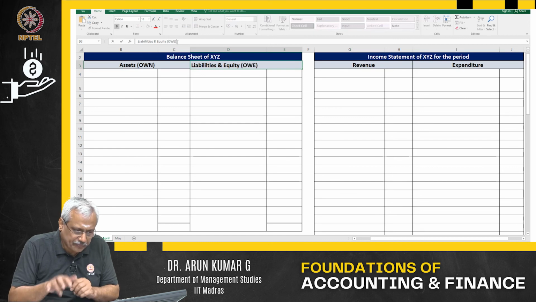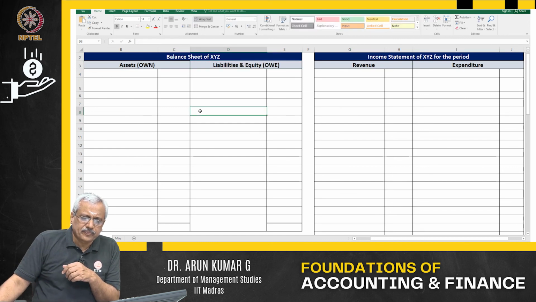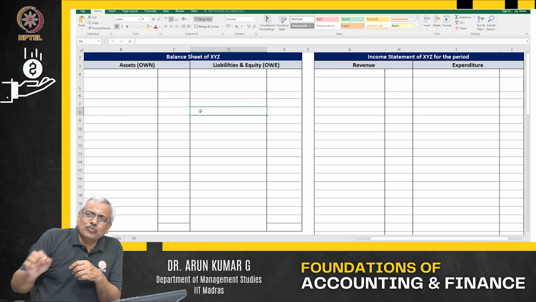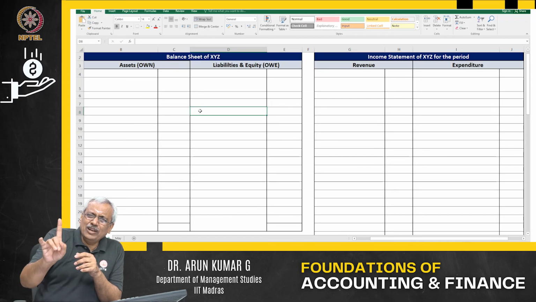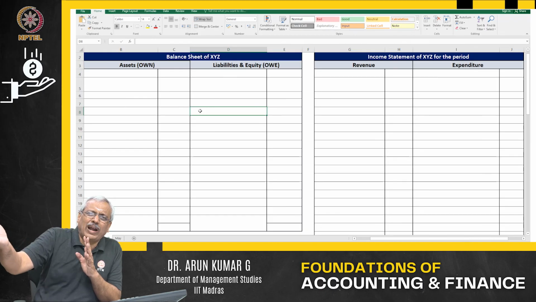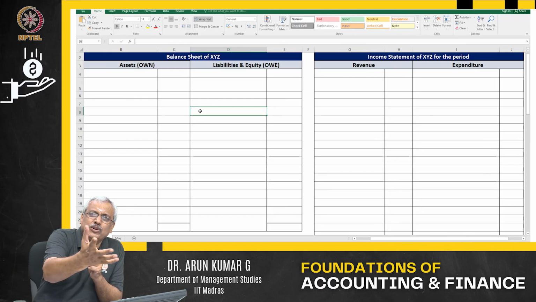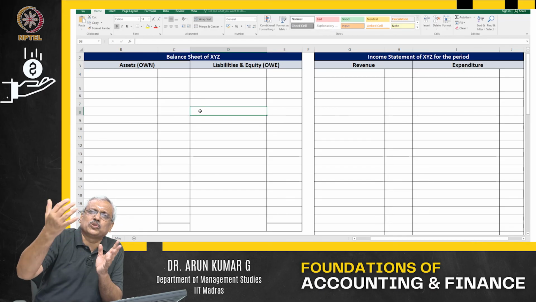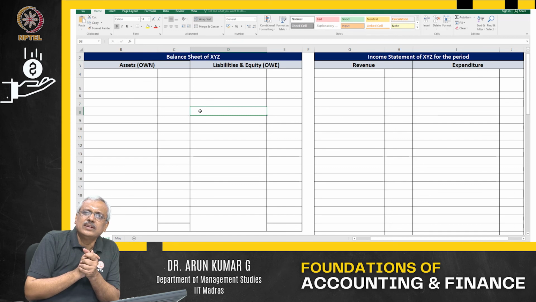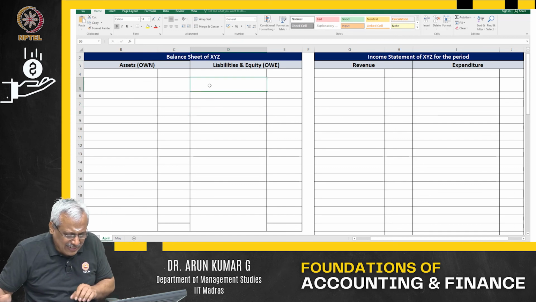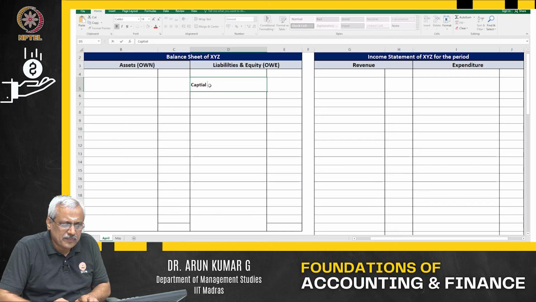So, the moment the entity XYZ has collected 10 lakhs from each one of us, that is, 20 lakhs from us, the entity owes that money back to us. When the entity is going to wind up, that is the capital. I have contributed capital and if we decide to close down the entity, the entity owes back that money to us. So, what is happening? As of today, there is a capital contributed